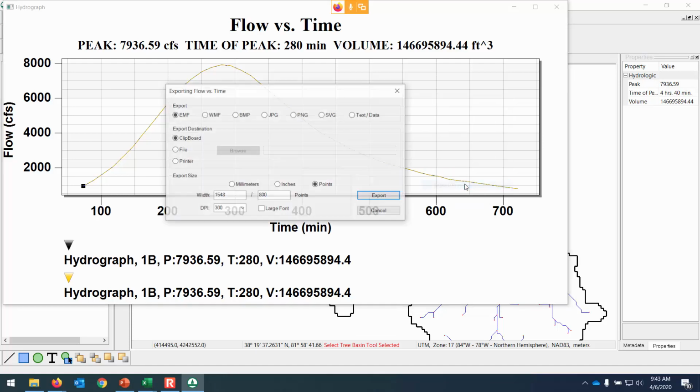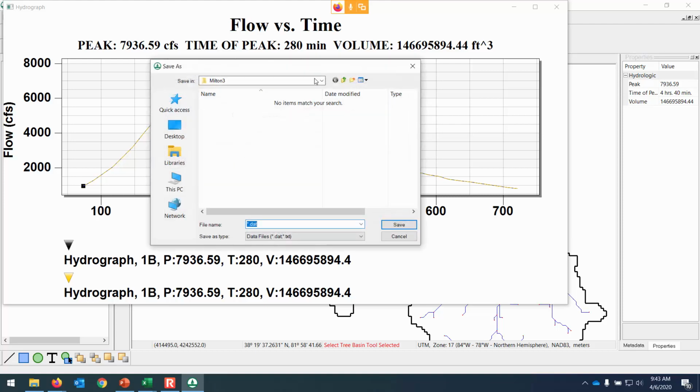So selecting export/print, and you could export an image of it if you were just going to be creating a report, but I think what's more useful is to export the text/data to a file, and then we would browse to a location that we want to save it. I'm going to have this be called hydrograph export.txt,